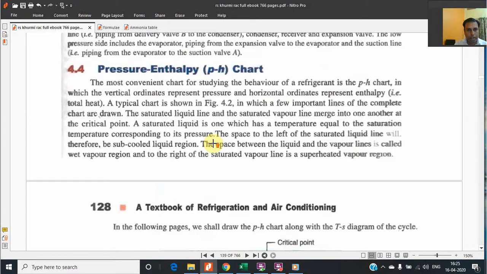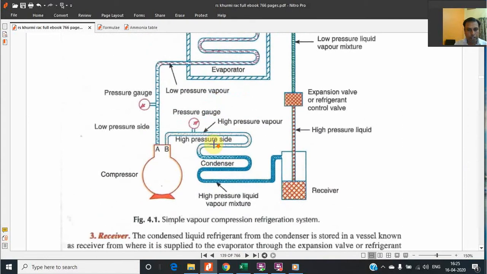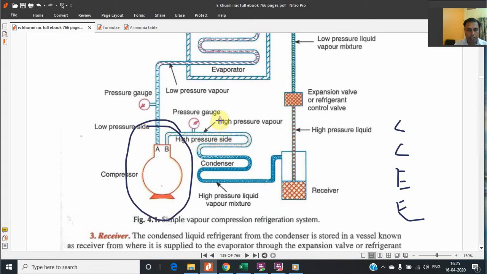Just a brief introduction: when we go through a vapor compression system, there are 4 components: compressor, condenser, expansion and evaporation. The compressor is over here, and as soon as the refrigerant gets compressed, it gets condensed. In a refrigerator, the condenser is the black coil at the back side of the fridge, and the condensed liquid is stored, and thereafter it is expanded. I have told you that it is followed by the expansion process.